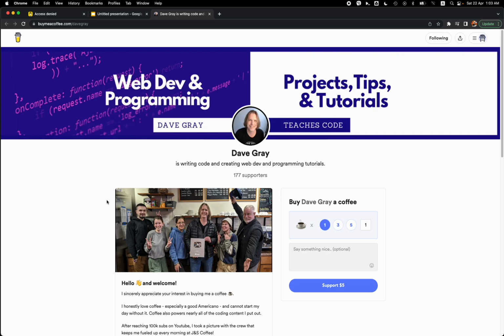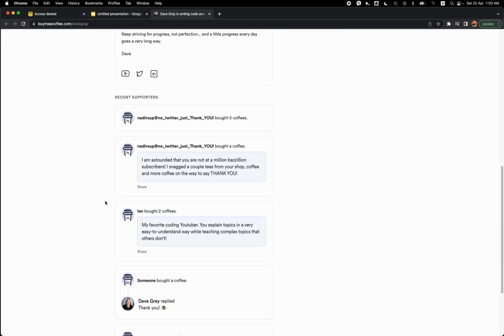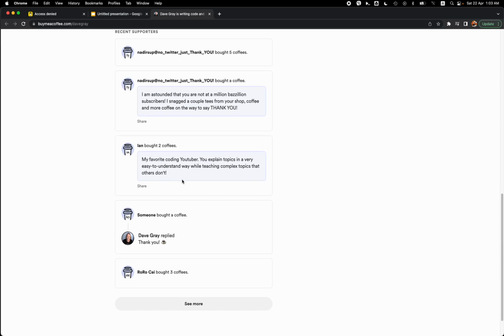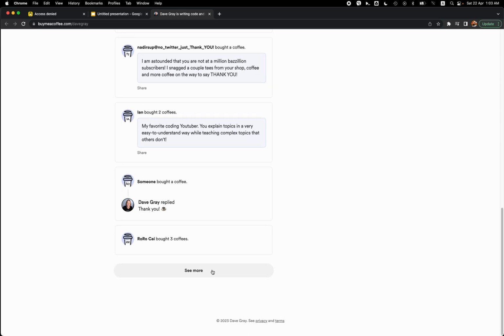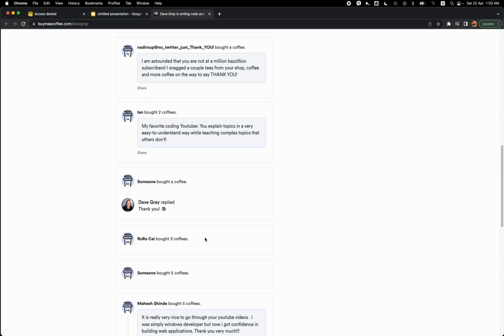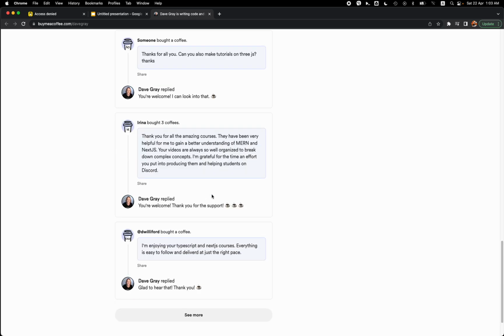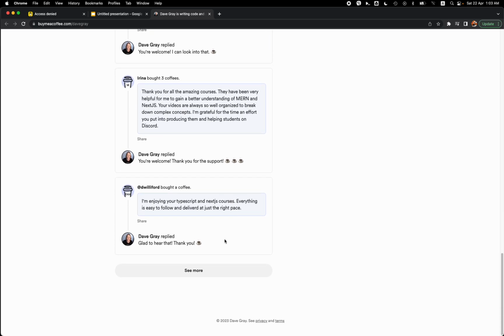So I landed upon this page, and I scrolled down. I saw a few messages where people were posting how many coffees they were actually paying for Dave, and you could scroll down. As you can see, you can load more and see a full list of the people that have bought a coffee for Dave. Of course, we have to click the button See More and scroll down until we get to